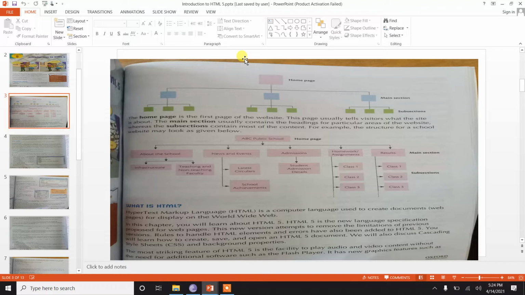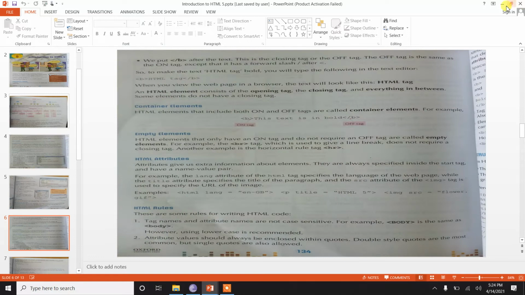So what is HTML? HTML means hypertext markup language. It is a computer language used to create documents or web pages displayed on the World Wide Web. In this chapter we will learn about HTML5. HTML5 is a new version of HTML. Okay,